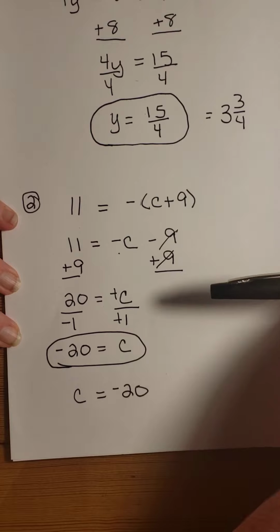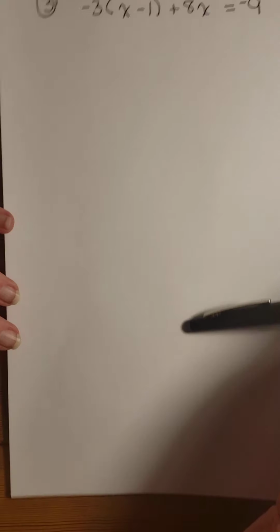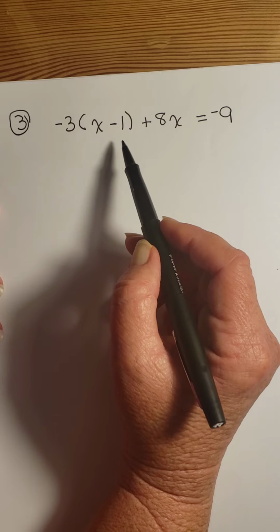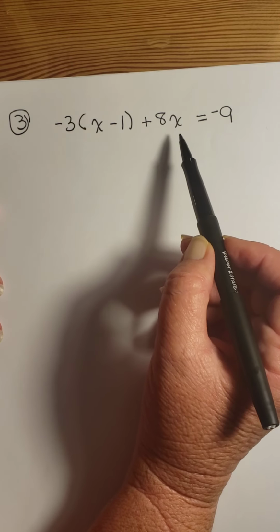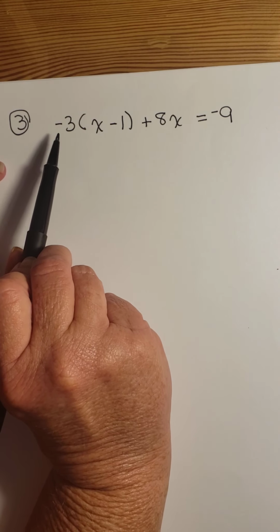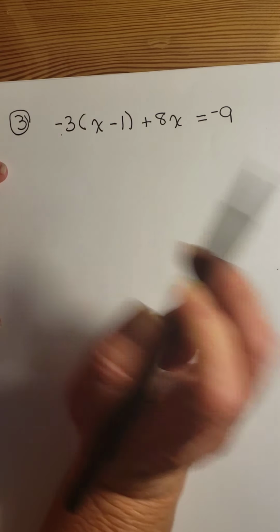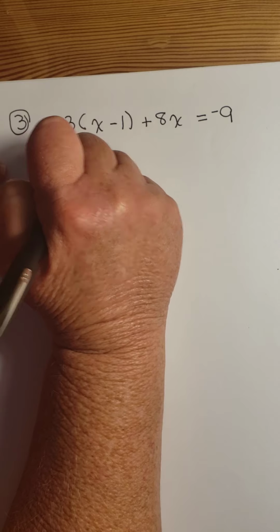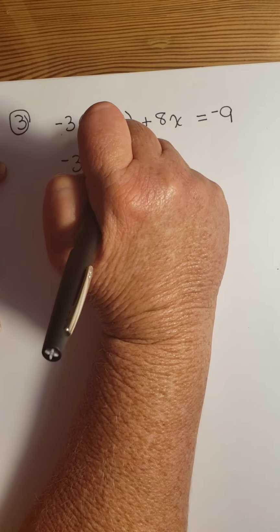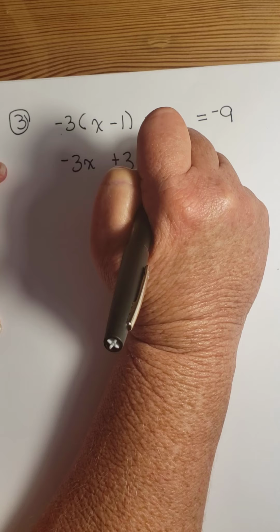And our final example, number 3, if I can get the papers apart, we get negative 3 times the quantity x minus 1, then plus 8x equals negative 9. So we're going to start by distributing the negative 3 to this x minus 1. So negative 3 times x gives us negative 3x, and a negative 3 times a negative 1 becomes positive 3 plus 8x